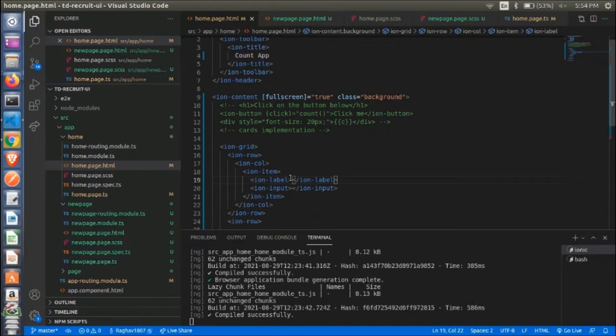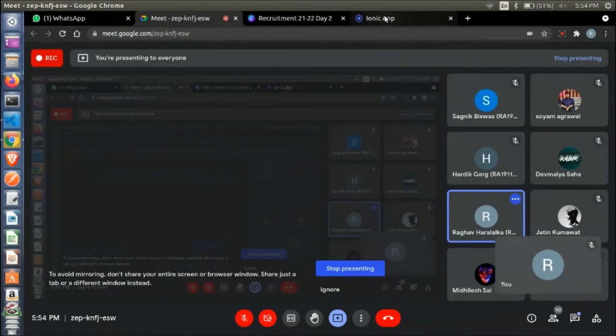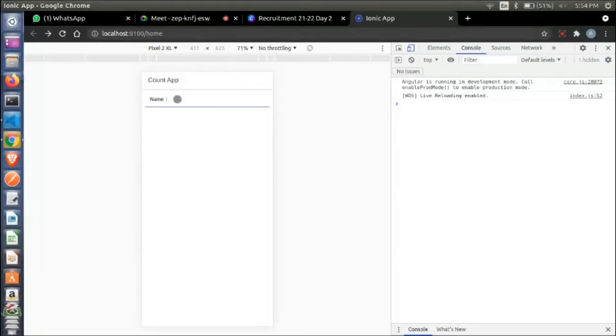So here, for example, I will be giving the label as name. So when you go to the application, you can see that this is the label name and this is the input text area where you can type anything. For example, you can type whatever you want over here.